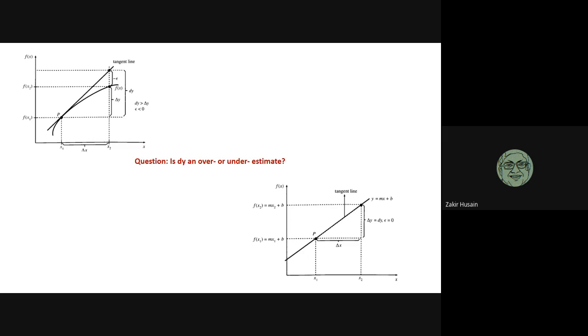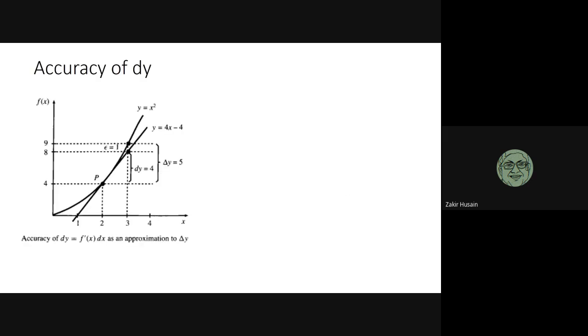Then why do we use dy dx? And the answer is that if we start reducing this value, if we reduce the change in x, make it smaller and smaller, then you will see that the error term, the gap becomes smaller and smaller. So if del x tends to 0, dy will tend to del y. At the margin, del y is equal to dy as the epsilon or the error becomes 0.